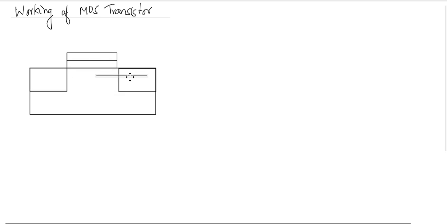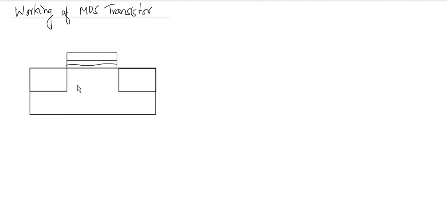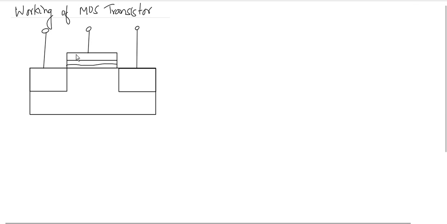So let's say that there is going to be one more layer in between, one very thin layer which comes here. So this is basically the structure of the MOS transistor. Now let's look at the part where we tell what are the names of each of these parts, and without looking at these names we frankly cannot go ahead with the MOS transistor at all.